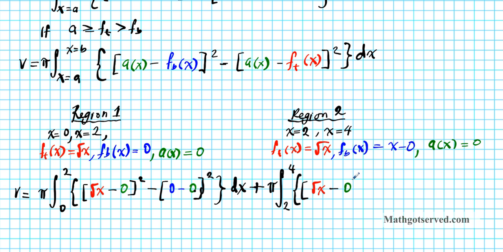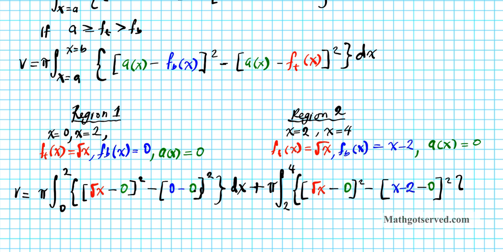Quantity squared, minus the function on the bottom. Function on the bottom has now changed to x minus 2. For some reason I put x minus 0 here. It's x minus 2. So we have x minus 2 minus the axis of rotation, which is 0. Quantity squared